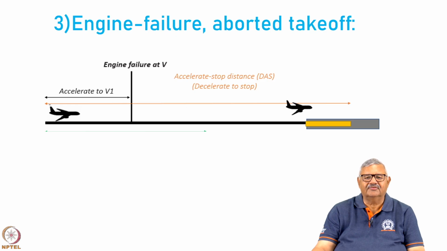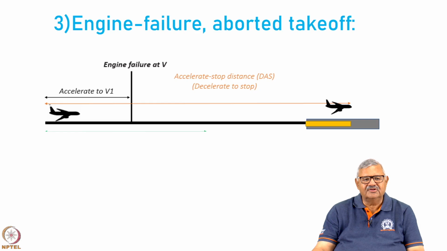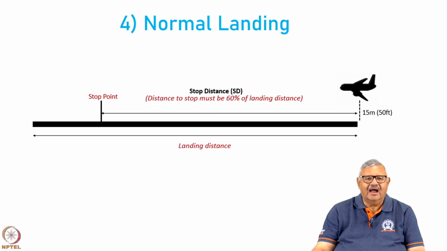So, the pilot applies the brakes and the aircraft comes to rest at this particular point. This distance from the starting point to the place where the aircraft comes to rest is called the accelerate stop distance, DAS. So, the third estimate of the field length, FL3, from case number 3 is the accelerate stop distance, and the fourth is the normal landing case, in which the aircraft has reached the obstacle height of 15 meters or 50 feet,